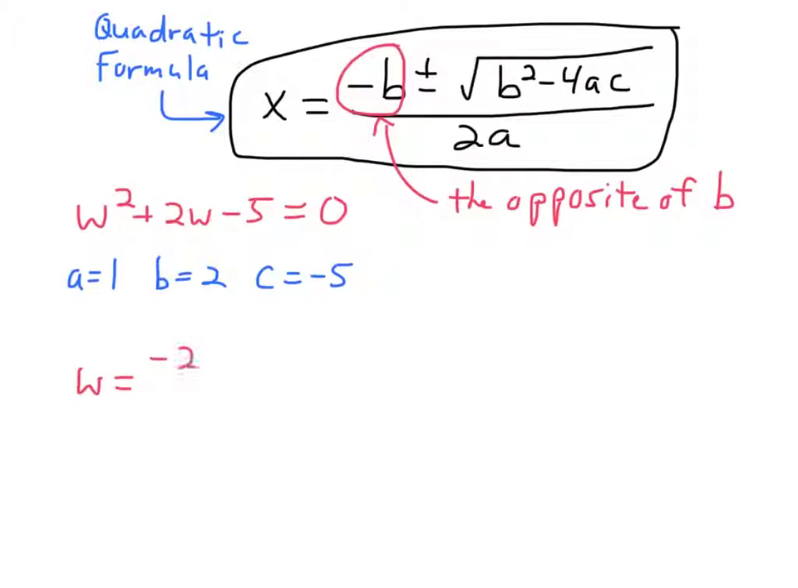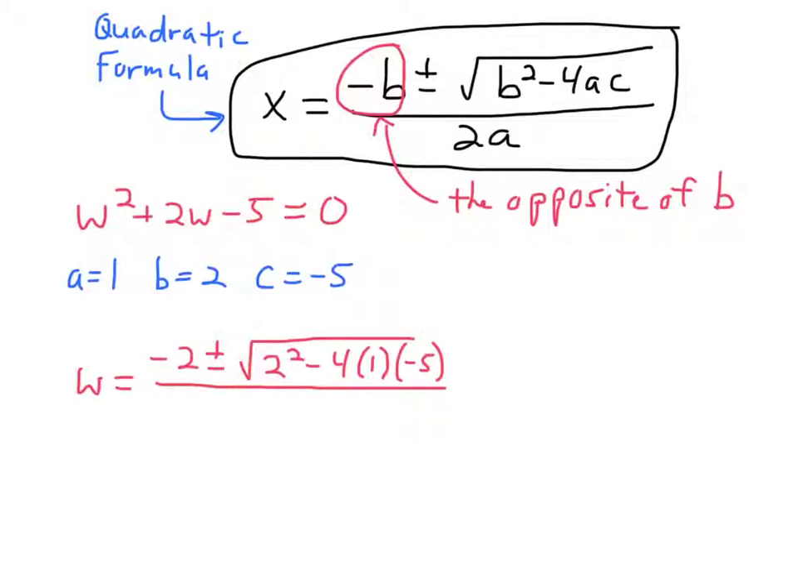So negative 2 plus or minus the square root, and then we're going to take b squared, so 2 squared, minus 4 times a times c. So 4 times 1 times negative 5. And we'll divide the whole entire thing by 2 times a, which would be 2 times 1. Now at this point we want to simplify what's under the square root. So negative 2 plus or minus the square root of,